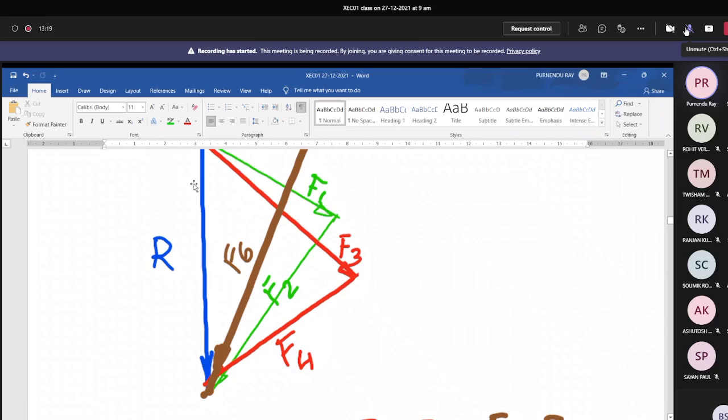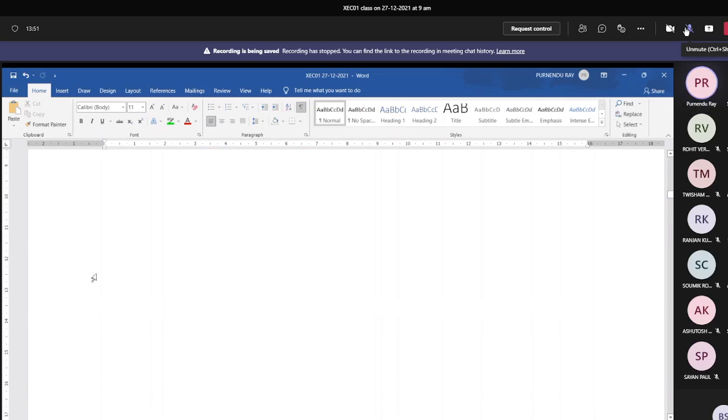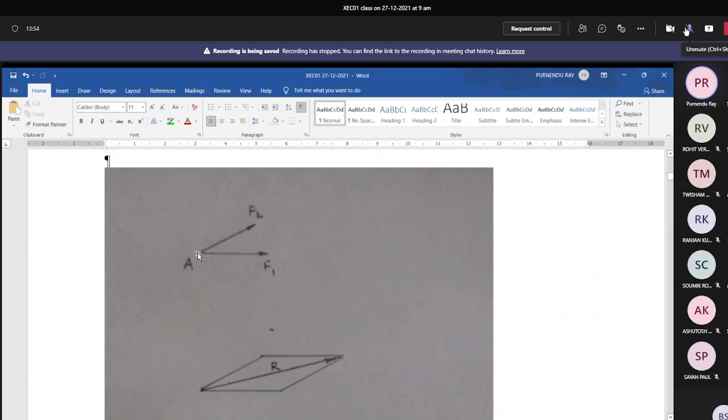Of course, sine of 180 minus theta is sine theta. So small a divided by sine capital A, small b divided by sine capital B, as in its familiar way you can remember. So small a divided by sine capital A is equal to small b divided by sine capital B, which is equal to small c divided by sine capital C. It is equivalent to small a divided by sine of 180 minus capital A, sine of 180 minus capital B and sine of 180 minus capital C. Those are represented for this type of concurrent force situation, and that we call by the name of Lami's theorem.